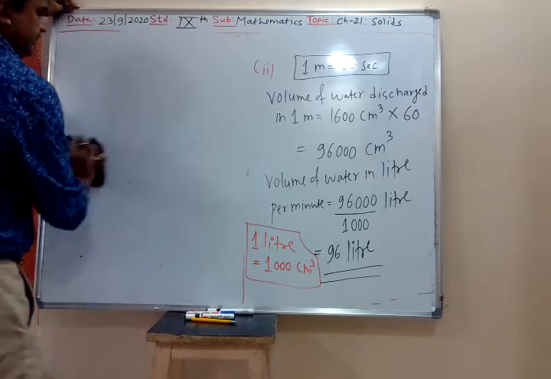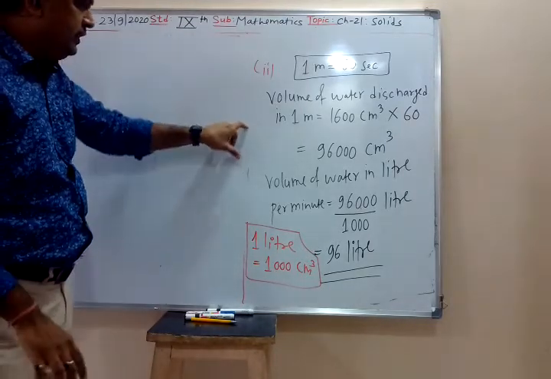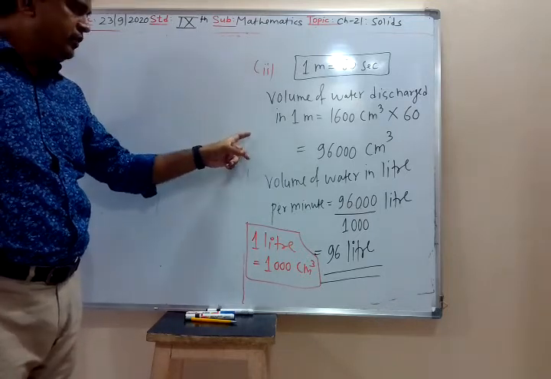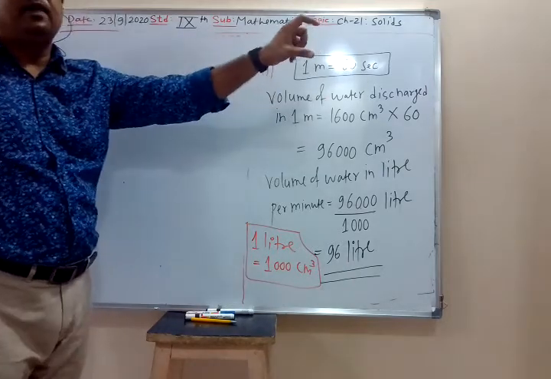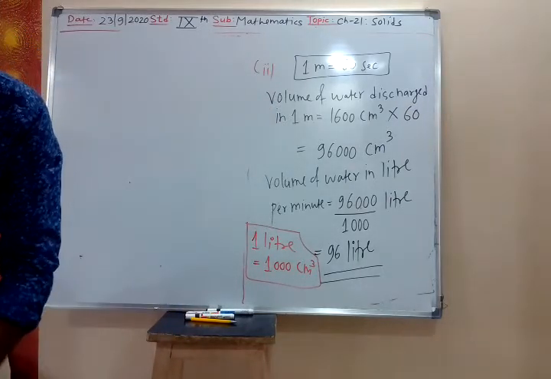Cross section area. In this pipe, you have seen the cross section area. That round part is the cross section area. That cross section area, we multiplied by the speed, we get the volume of the water discharged. Now fifth one